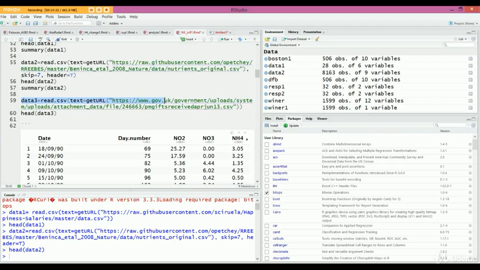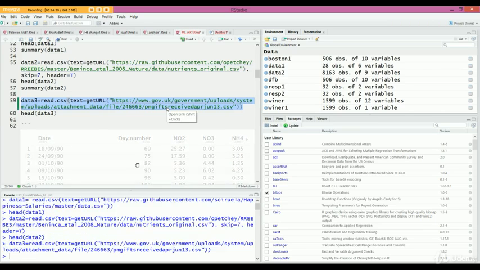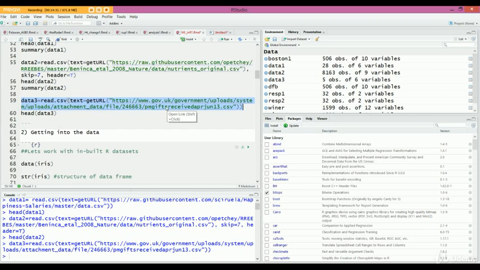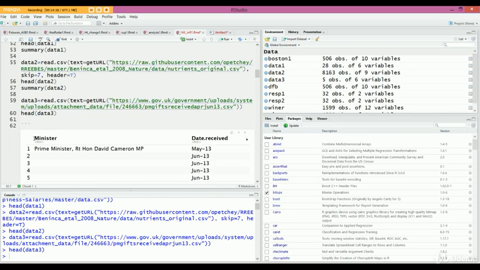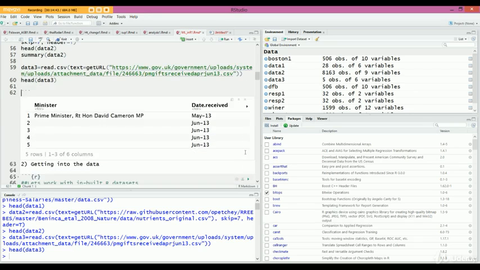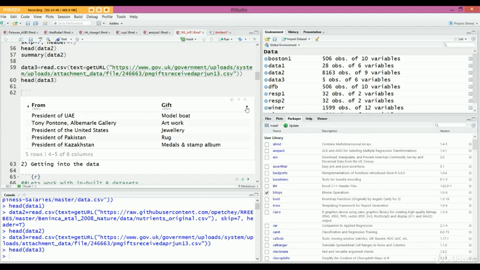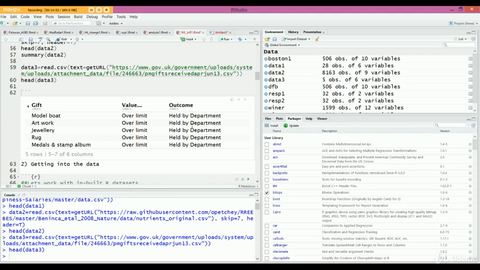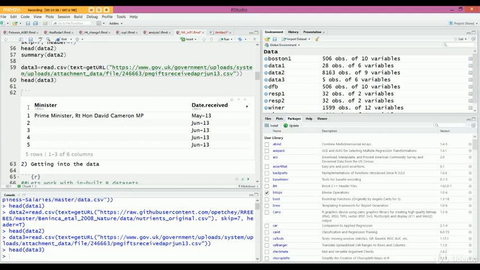And then let us just read in one final CSV, and this CSV comes from the gov.uk website. So it has the column names, it has row data, and this is the former Prime Minister of the United Kingdom, and we can even scroll to see what is present in the other columns. So this is from, the gift that he received, value, and so on,